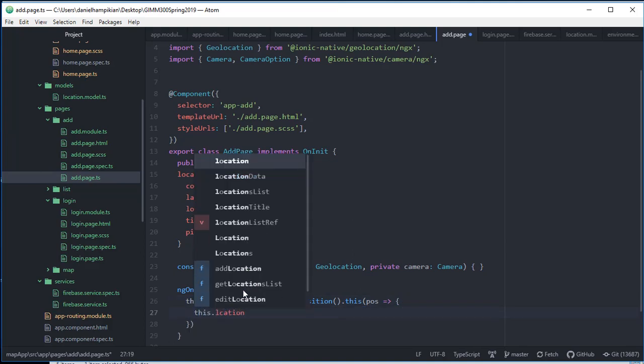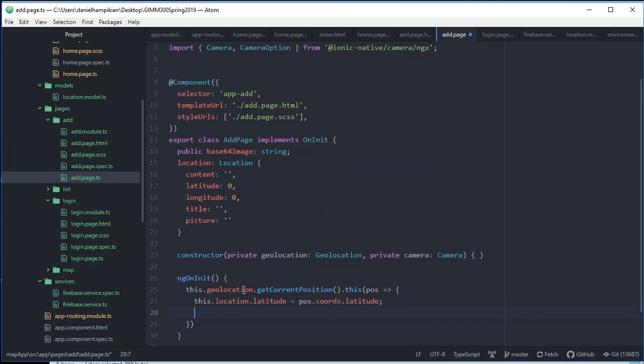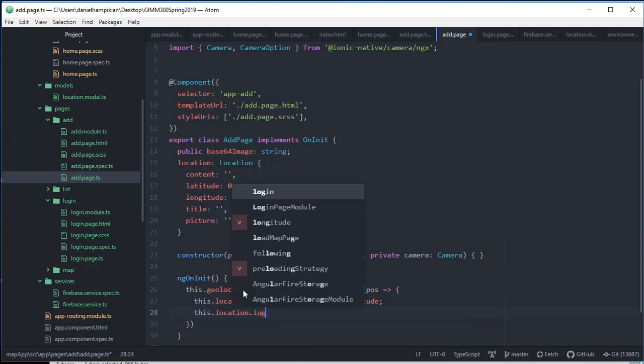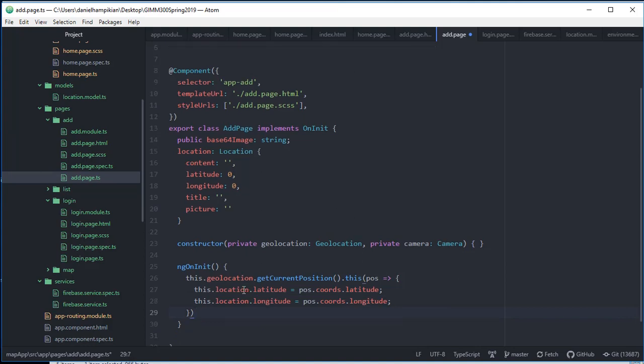So right there we'll set our latitude, right as soon as we init, to the position coordinates dot latitude, and same thing with longitude. this.location.longitude equals pos.coords.longitude. If we catch an error,